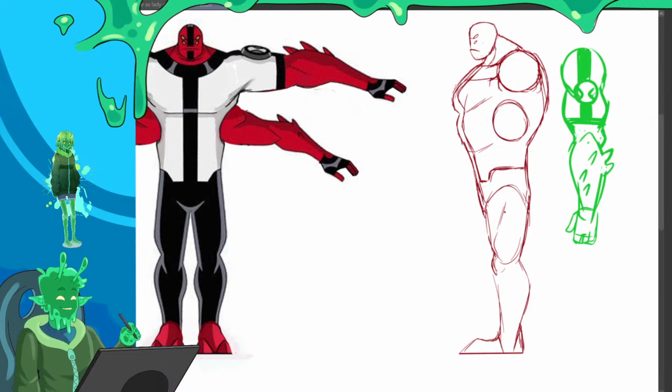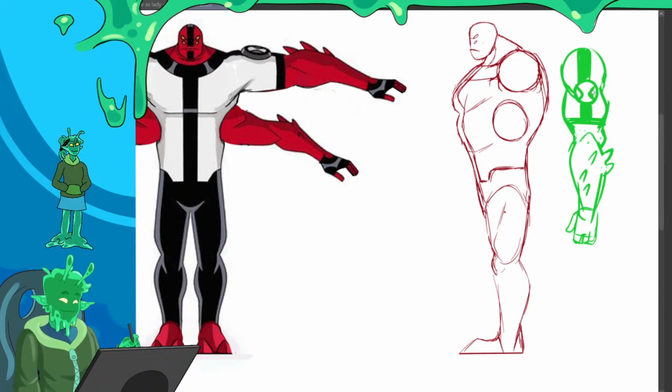And as much as I hate to say it, what I think I should do is line and color all of my reference sheets and then release them probably for free, because I can't really claim ownership of this.